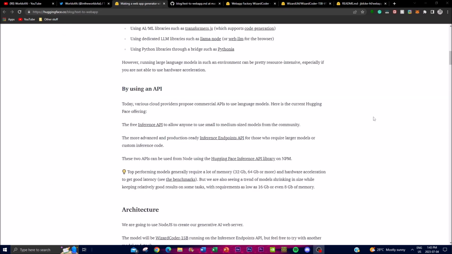Now, Webapp Factory can leverage the capabilities of commercial APIs offered by cloud providers, and this is quite beneficial in terms of generating different types of content with this application. Basically, it focuses on the options that are provided by Hugging Face. Now, Hugging Face currently offers two main APIs for language models: the free inference API, as well as the more